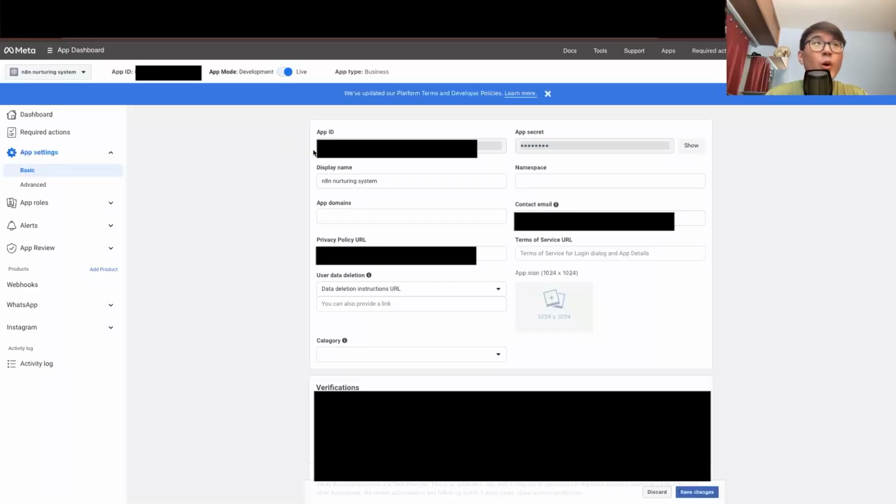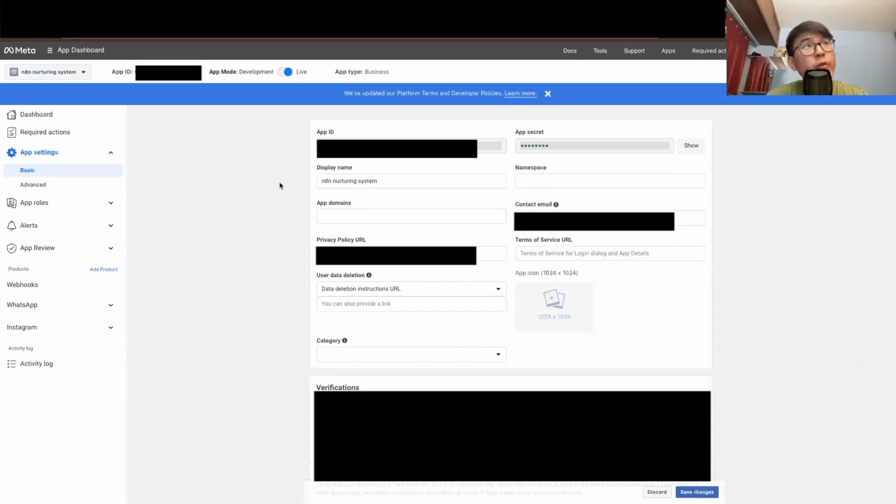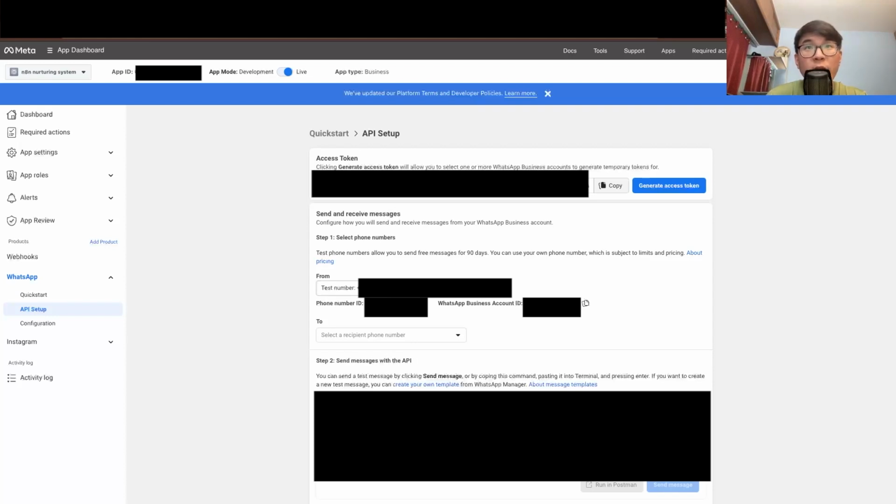For this automation to work, you need a Facebook developer app, you need an app ID, you need an app secret, and you need to enable WhatsApp over here. The credentials here are just for you to listen to WhatsApp messages, but you need a separate credential to then send out WhatsApp messages. Go to your Facebook developer app dashboard, click on WhatsApp, click on API setup. You'll then see this page, API setup. Click on generate access token. Take note of the test number you have here, take note of the WhatsApp business account ID you have here, take note of the phone number ID you have here.